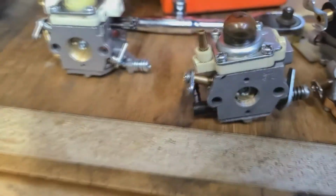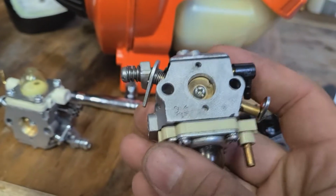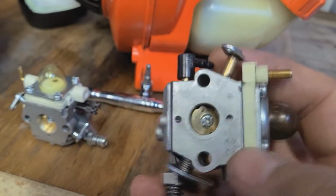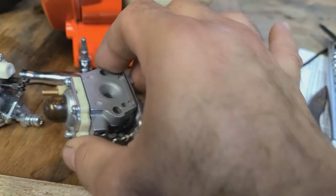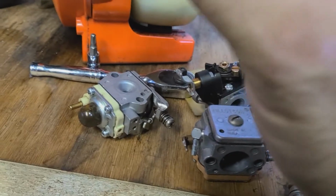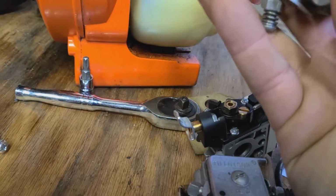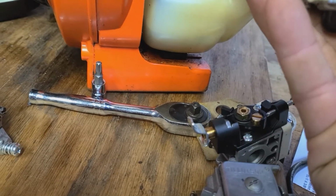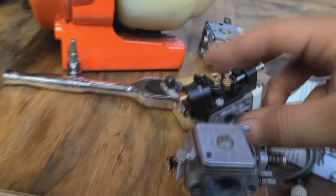Let me show you what I'm looking at. So this is the one we just pulled off. No, that wasn't the one we just pulled off, was it? Yes, this is the one we just pulled off. Well, maybe it was a bottom mount primer bulb. But maybe...